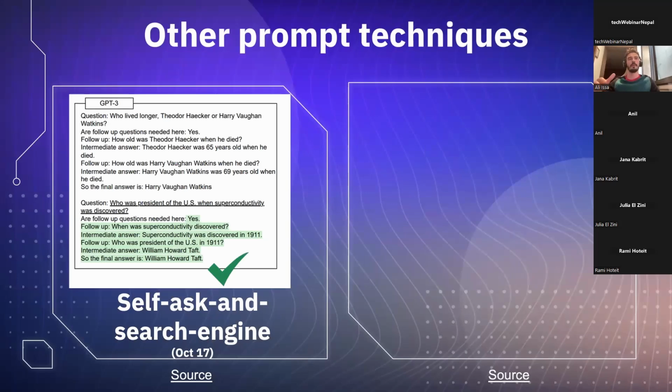You will give the LLM a question, and it will start generating a follow-up and an intermediate answer. The researchers proved that it can outperform the chain of thought. They also added a search engine to it, to increase the accuracy of tasks that require factuality. So, for example, whenever the LLM thinks that we need a follow-up question, it will use the search engine in order to receive